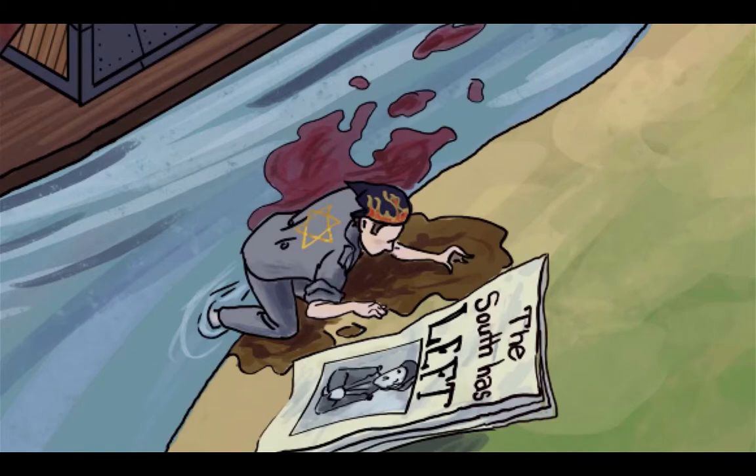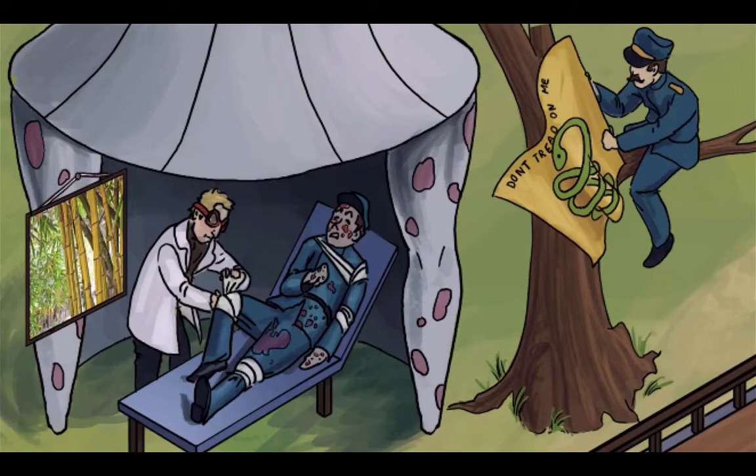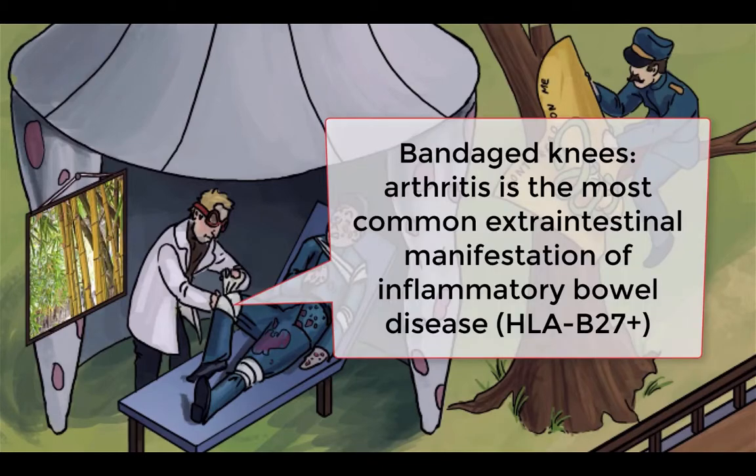But really, there's other causes of abdominal pain and bloody diarrhea. How can we be sure that this is what James has? There's a few other features that we should clue into. As with Crohn's disease, not only do you have to worry about manifestations in the bowel, but throughout the body as well. Extraintestinal manifestations of ulcerative colitis include